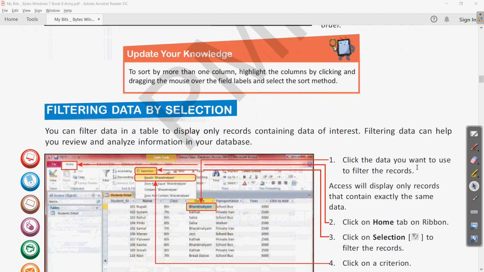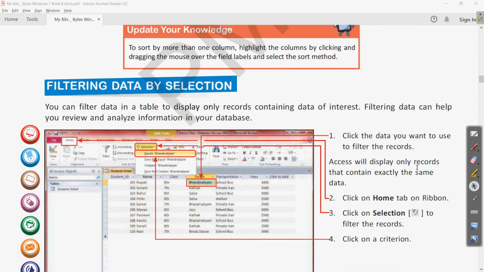What is filtering? So here it is on the same page, page number 32. At the place of U we can write V, so that will be a proper answer. So write V in place of U. So we can filter data in a table to display only records containing data of interest. Then, filtering data can help you; in place of you, write us.